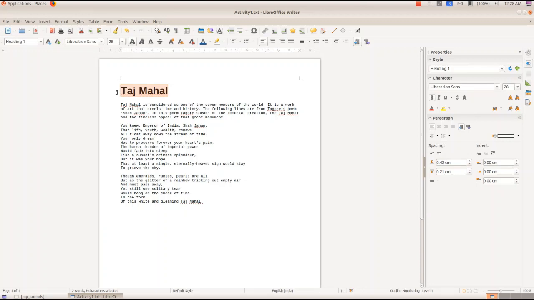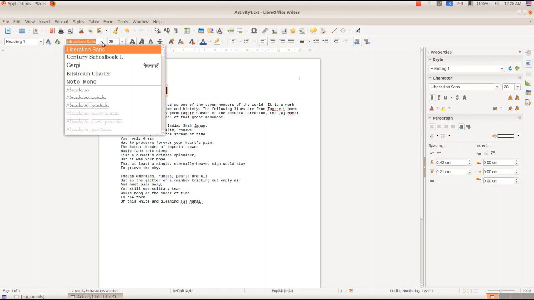And now we want to change the style of that. We want to give another font. For that, did you see that at Liberation Sans it is the font name box, and again we have that small triangle. You click there and you will get the other options. The font is Liberation Sans, isn't it? We have so many other fonts.